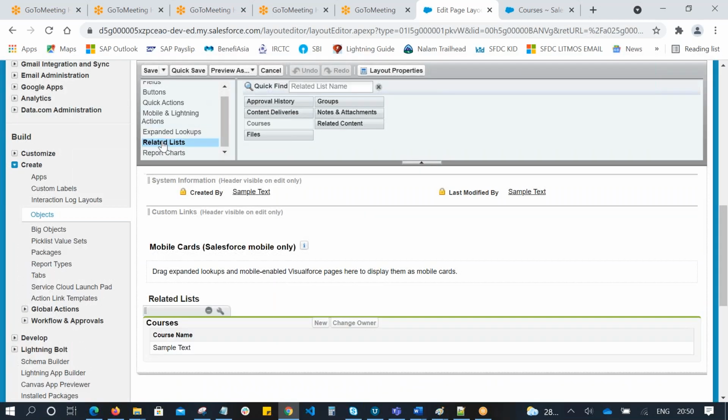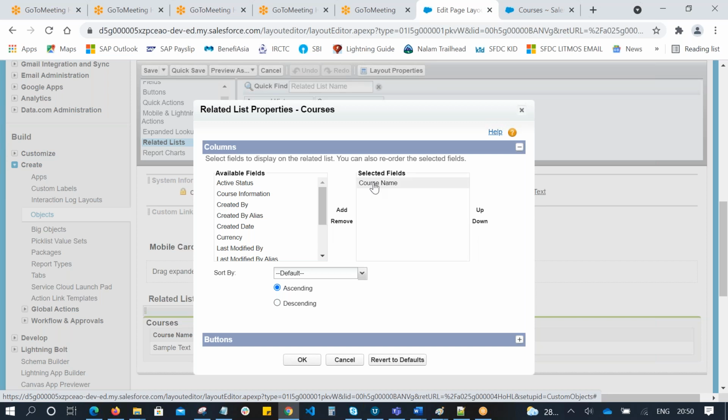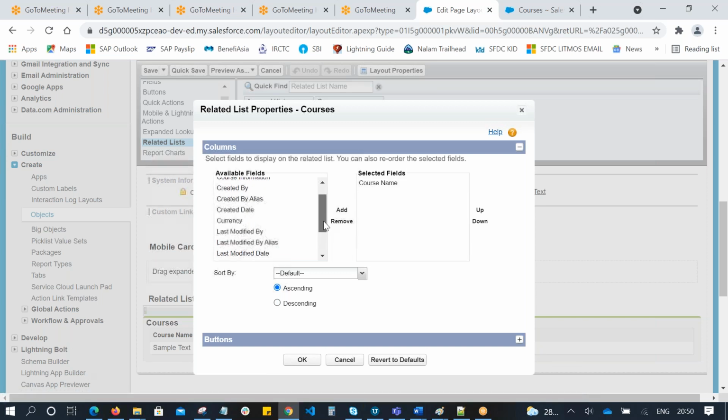In the page layout, you can see related list. In the related section, we have a gear icon. Okay, so we have course name, course fee.